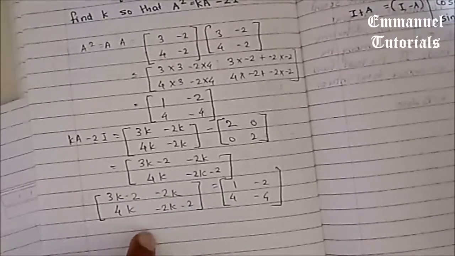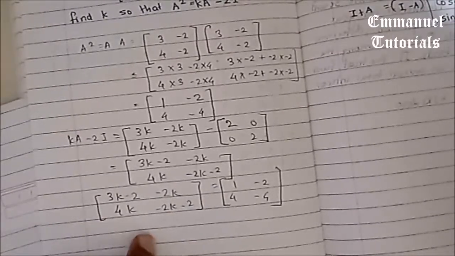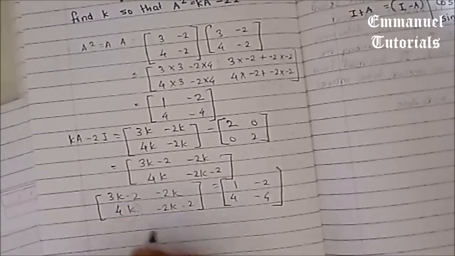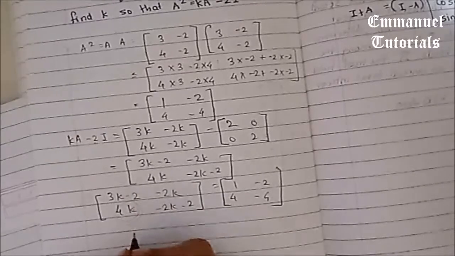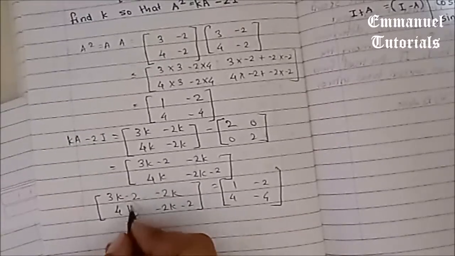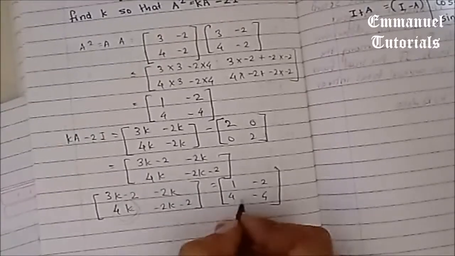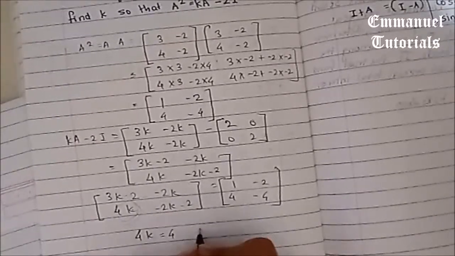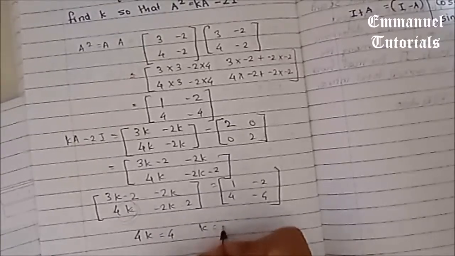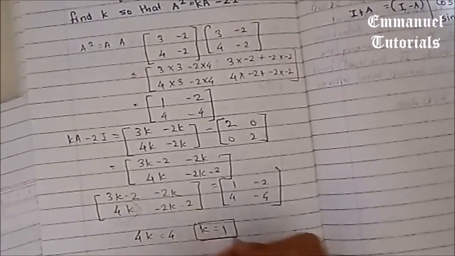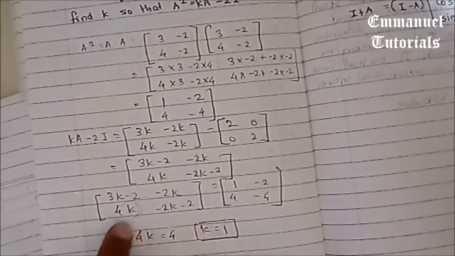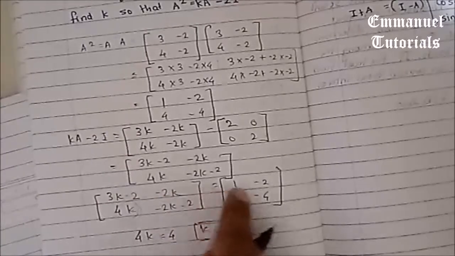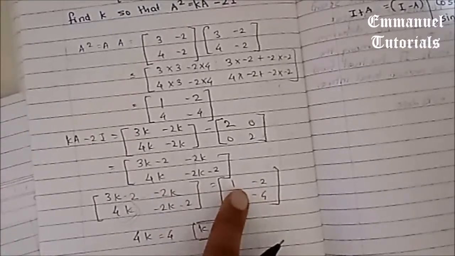Now we have to find out the value of k. So we can easily find it using the smallest expression which is there, instead of using all the others. If you find that easy, you can use that. We can see that the second row first element is the smallest expression which we have, which is 4k is equal to 4. Therefore k is equal to 4 by 4, which is 1. So we have easily got the value of k using this easiest expression. You can also use minus 2k is equal to minus 2. You are going to get the same value.